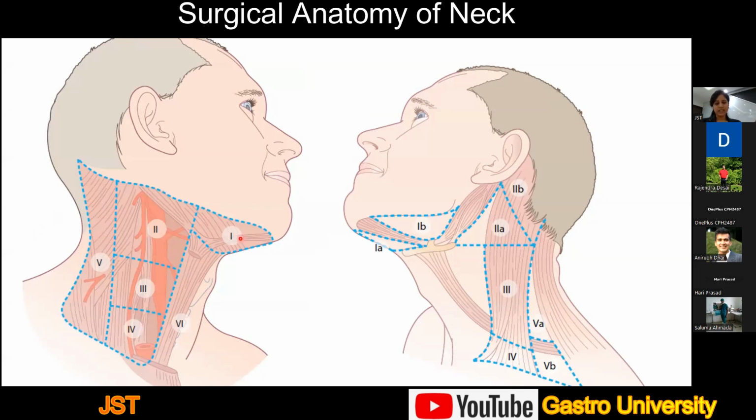Now we've already seen level 1A is a submental, level 1B is the submandibular, level 2, 3, and 4 are the jugular chain of lymph nodes, which are parallel and in tandem with the IJV. 80% of the lymph nodes in the neck are parallel to the IJV. Now, level 2 is further divided into 2 by the spinal accessory nerve. That also we have seen in the occipital triangle. So, the one which is caudal is 2A and the one